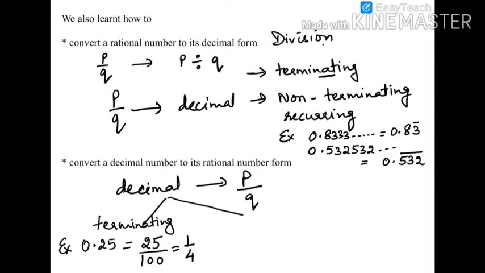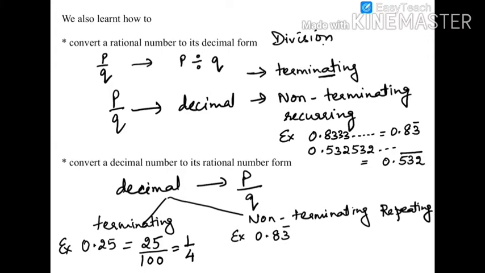But if the number is non-terminating repeating, then the idea is to get rid of the repeating part of the decimal. For example, 0.83 bar is to be converted into rational form. So we will take this number as x